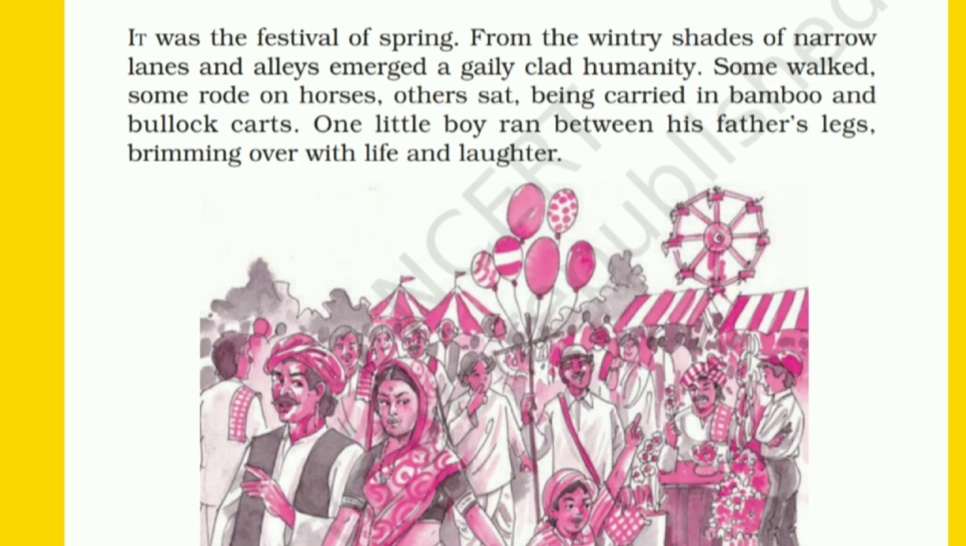কোনো কিছু থেকে বেরিয়ে আসছে সুন্দর পোশাক পরিহিত একদল লোক। Some of them were walking, some rode on horses, কেউ কেউ ঘোড়ায় চড়ে, others sat being carried in bamboo, কেউ কেউ ব্যাম্বু অ্যান্ড বুলক কার্টসে বসে আসছে। বুলক কার্টস মিন্স হোয়াট? টু হুইলড ভেহিকেল পুলড বাই অ্যান অক্সেন।